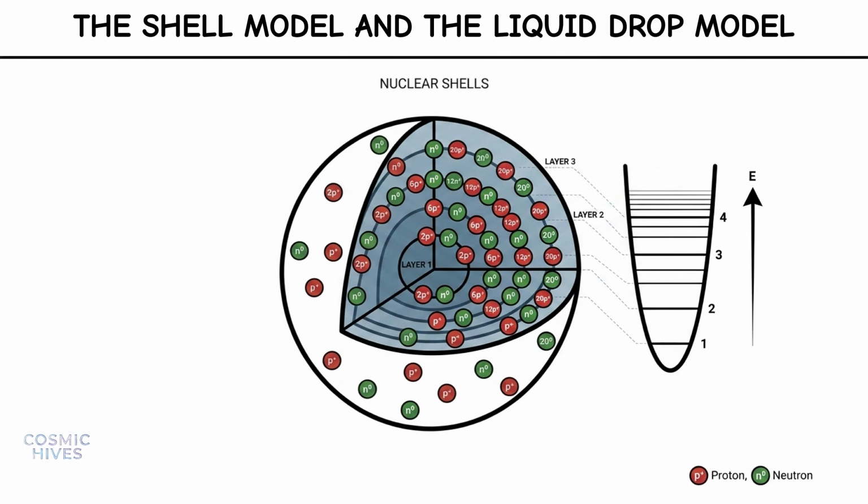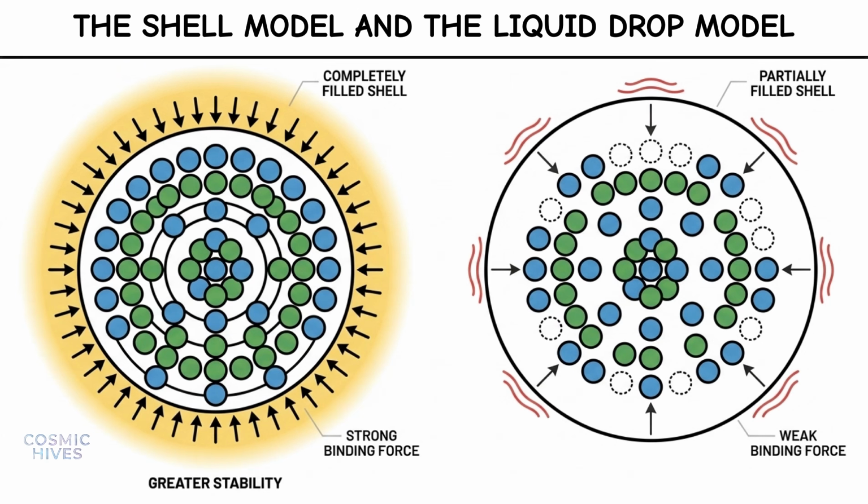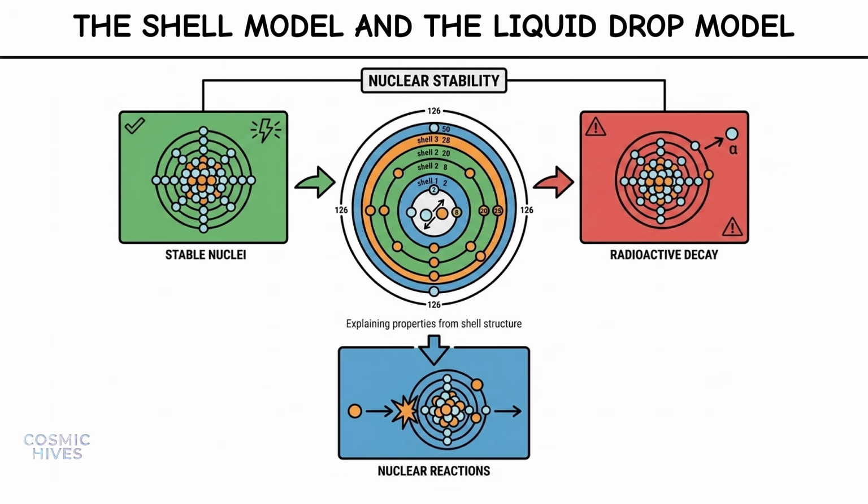Nuclei with completely filled shells containing what are called magic numbers of protons or neutrons, including 2, 8, 20, 28, 50, 82, and 126, are measurably more stable and more tightly bound than nuclei with partially filled shells. This model explains patterns of nuclear stability, radioactive decay behavior, and nuclear reaction rates that the liquid drop model cannot